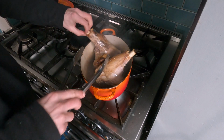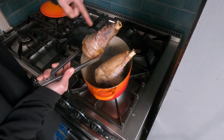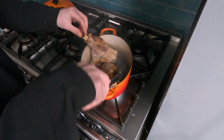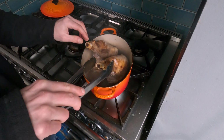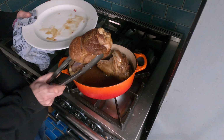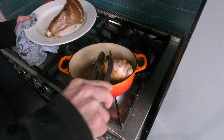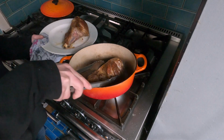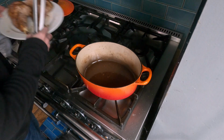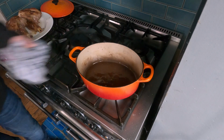Now, what we can see here, we're getting some nice colour, but this inside section here is not making contact with the pan, with the fat, and we'd have to pretty much deep fry it to get any contact going in that inside bit. Don't worry, it's got a nice bit of colour on it, it's formed a bit of a crust. That's what we want to see, some flavour, some salty sort of intensity. Now, that lamb can just sit for a second, and into our tallow